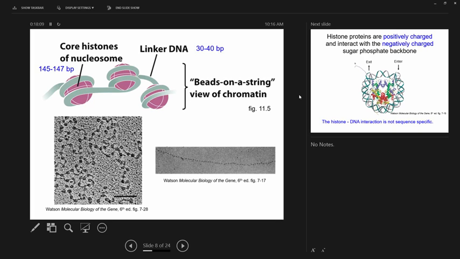So here are 2 electron micrographs. If you look here, the little dots are the histones, and so there's DNA wrapped around them, and the string that you can see between them is the linker DNA. Here it is a little bit more closely. Here's one histone, linker DNA, another one, and it just goes on and on and on. So you can go from the 2 nanometer fiber to the 10 nanometer fiber,